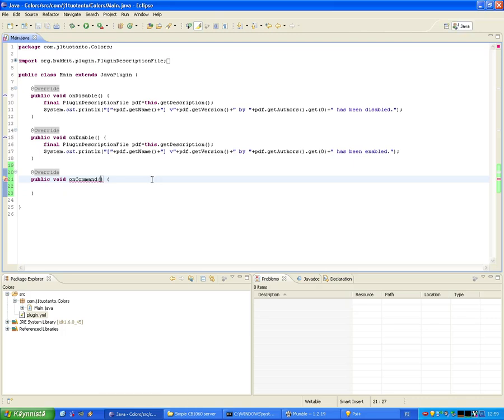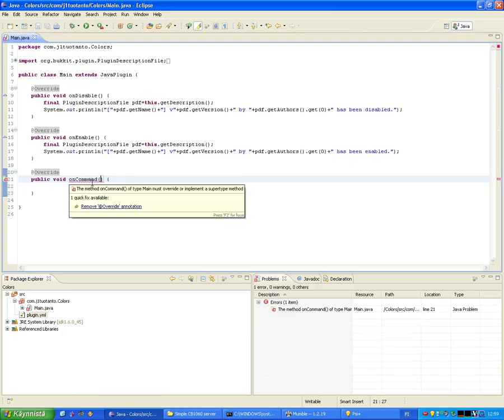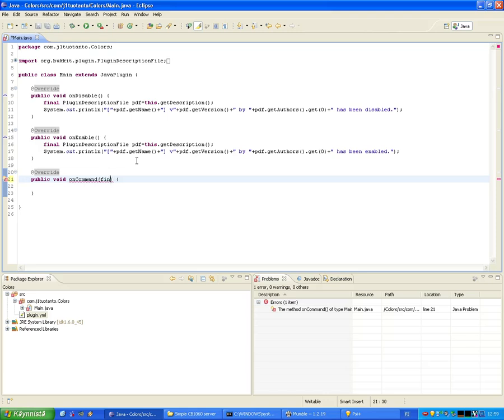Yeah, it's not, because onCommand we actually need to have some arguments in this. I think we need final CommandSender sender, which is the sender of the command,